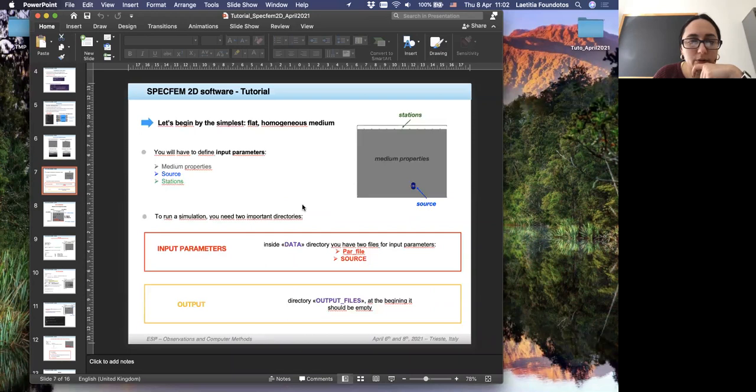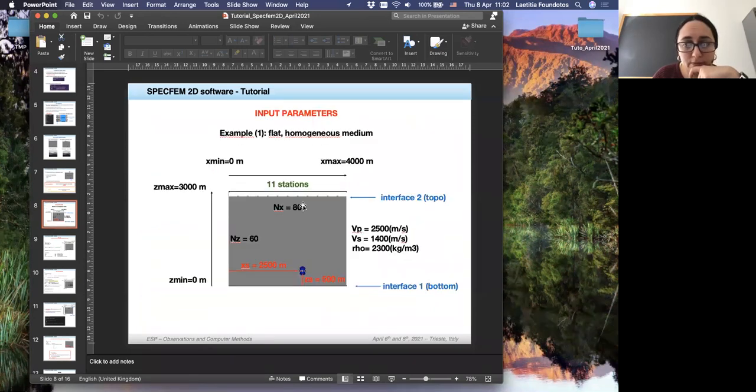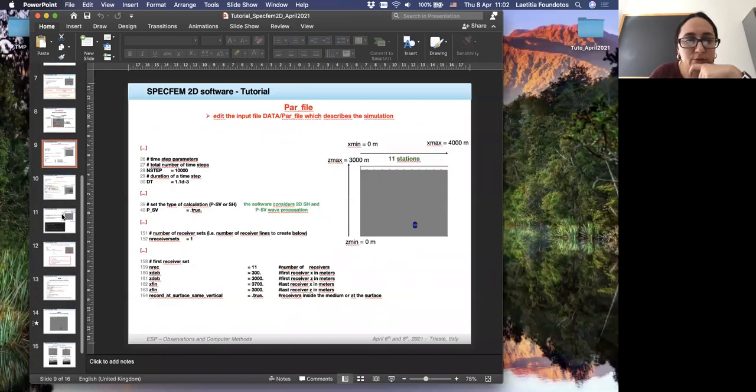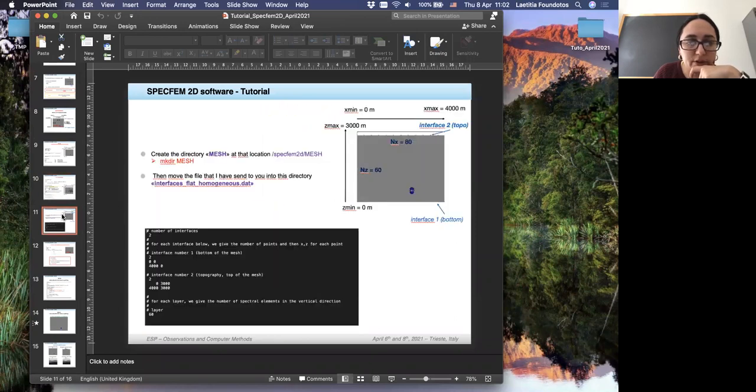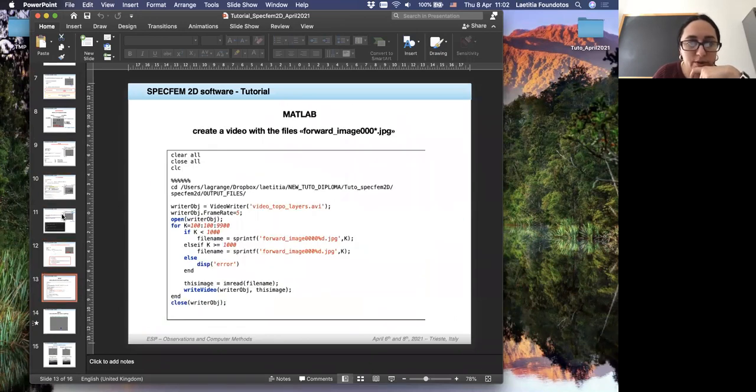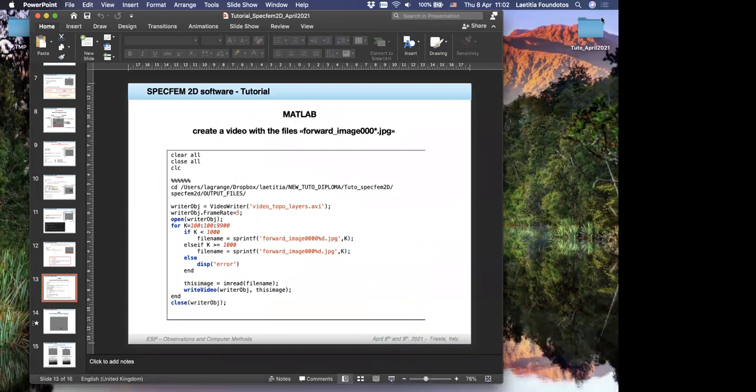We spent a lot of time on the input parameters, modifying some files to run a correct simulation. Then we launched the code. Let me go to the directory.